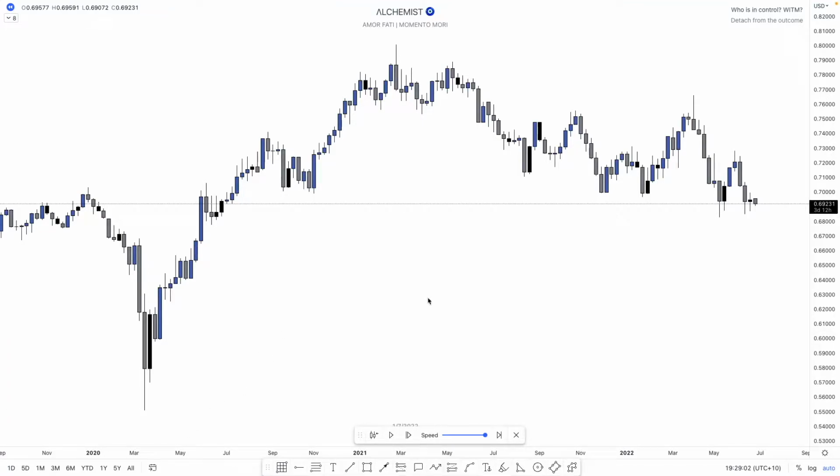Hey guys, Alchemist here. So I'm just going to go over a trade recap on a short that I took yesterday on AU. I'm going to start again just with a fresh weekly chart,